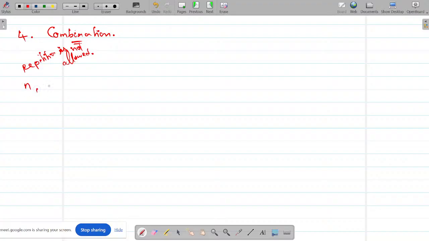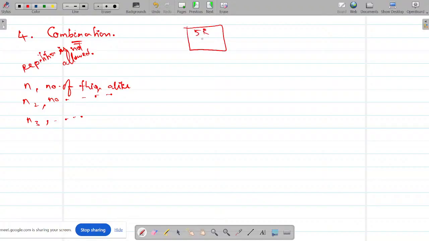will be given as n1 number of things alike, as we did in permutation in the earlier case. n1 number of things alike, n2 number of things alike, n3 number of things alike. For example, let me take, I have a box which contains 5 red balls. I may have 3 blue balls and 4 yellow balls, which means 5 red balls have the same